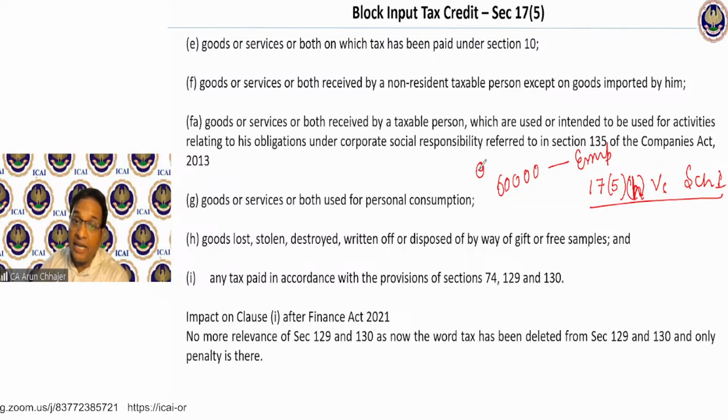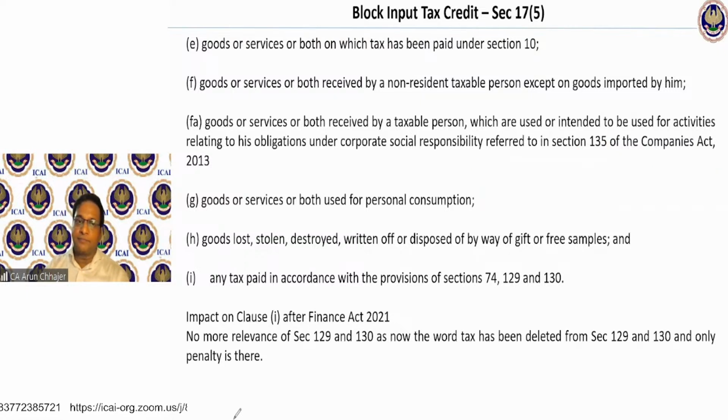I am giving one laptop to every employee. Tell me, is it taxable? Answer would be yes. By virtue of Schedule 1, there are two cash provisos which say that up to 50,000 is not taxable, but if it exceeds 50,000, it is taxable. Circular 92 has clarified that if something